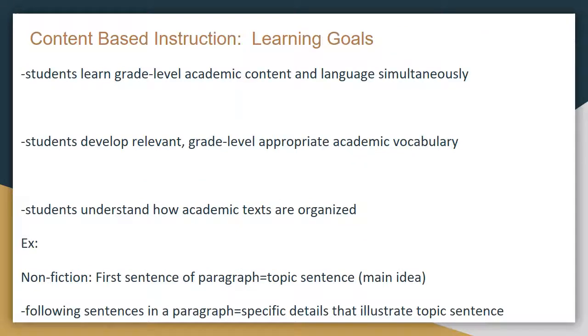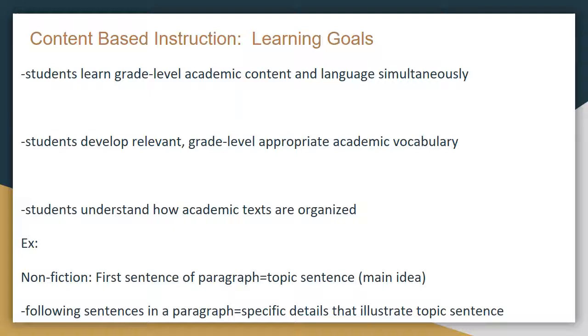Let's review the learning goals of content-based instruction. The first goal is that students should learn grade-level academic content and language structures simultaneously. So they're learning what they need to learn in those content classes like math, science, and social studies, but at the same time they're learning the necessary language so they can effectively communicate with their peers and their teacher and